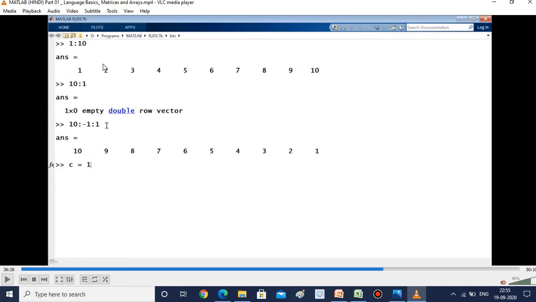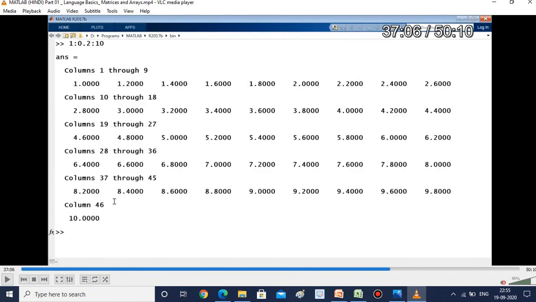So 1 to 10 means it will increment, but there is no chance of decrement. Simply it will give you the 1 by 0 empty double error like this. So 10 minus 1 means we have to tell by how much we have to do the decrement. 10, 9, so starting index and ending index like this. So 1 to 10 with how much spacing?